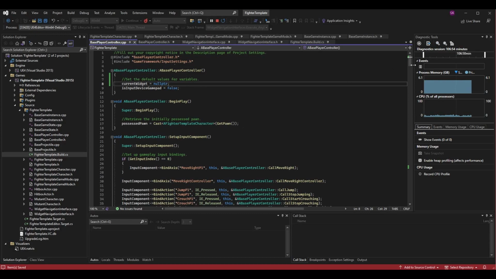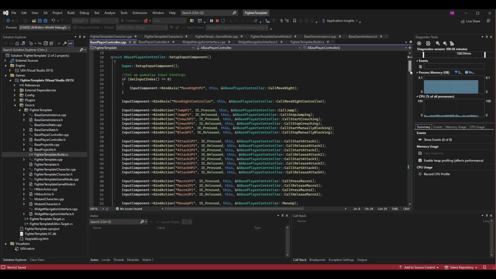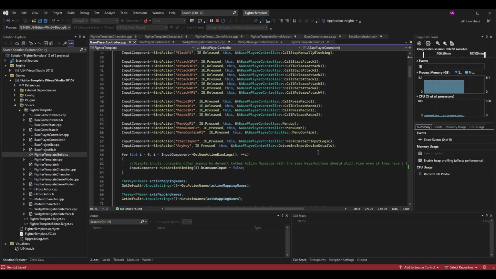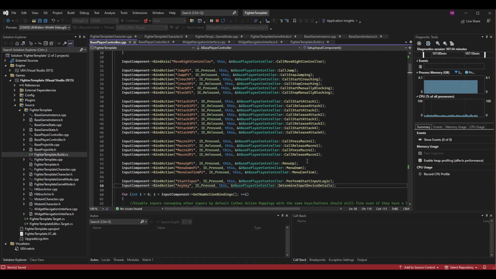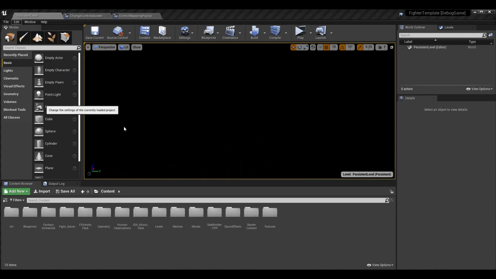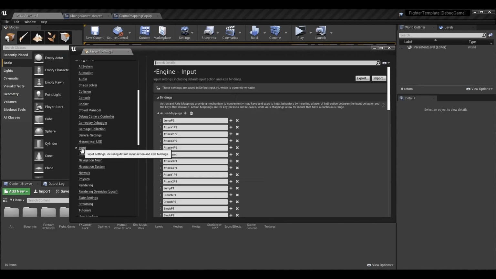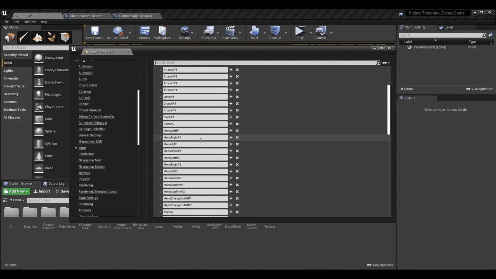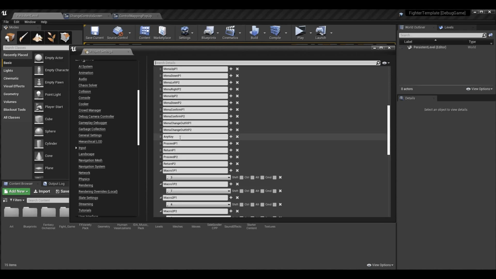In the constructor, it's fine as default. You can just default that value. And now what we need is to have a section in our controller where we had an any key input. If we had a bind action on any key, which is an input action that we have in our project settings, bound to any key,